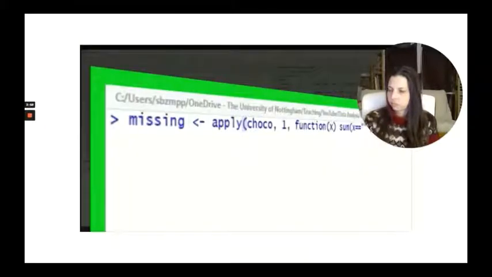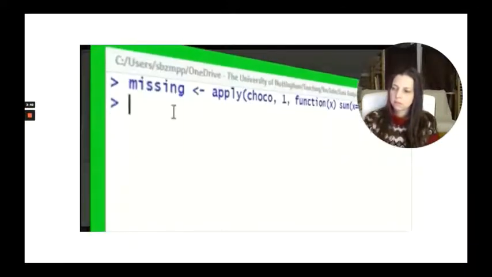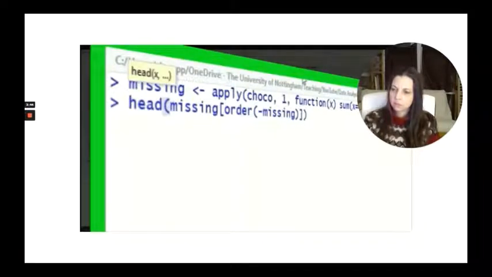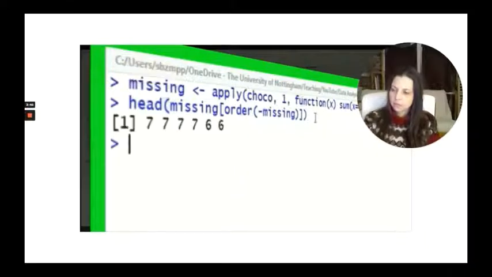So what this is going to do is return a list of values for every single row that tells you how many missing items there are in that row. And so we can now look at the first few missing items. So we're going to order them by largest first, and then show just the first few, and you can see that actually some of them are missing 7 and 6 attributes. That's quite a serious situation, because there is only 9. So they've only got a couple of entries in their fields.